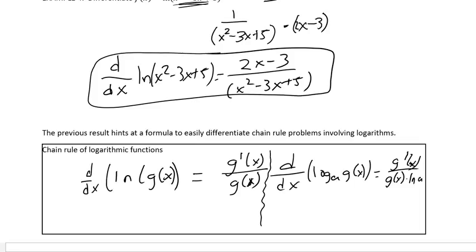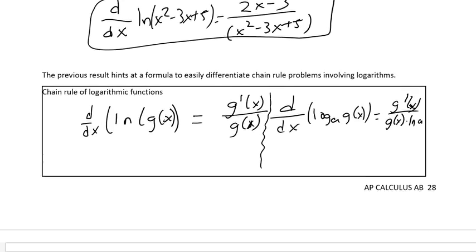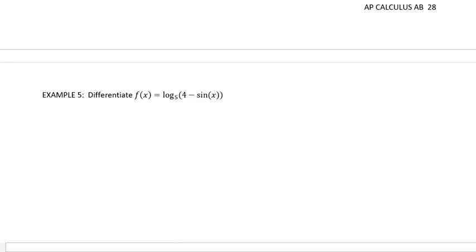Okay. So if we take that into account and we do another example here, we have the log base 5 of 4 minus sine of x. It's a chain rule, so f prime is going to equal, take the derivative of the inside, which should be 0, and the derivative of negative sine is negative cosine of x, divided by the function 4 minus sine of x, and then times the natural log of the base, which is 5. There is our derivative. Okay. And let's look at